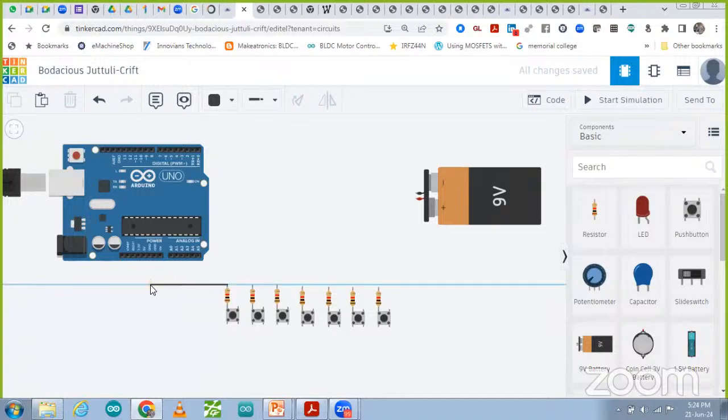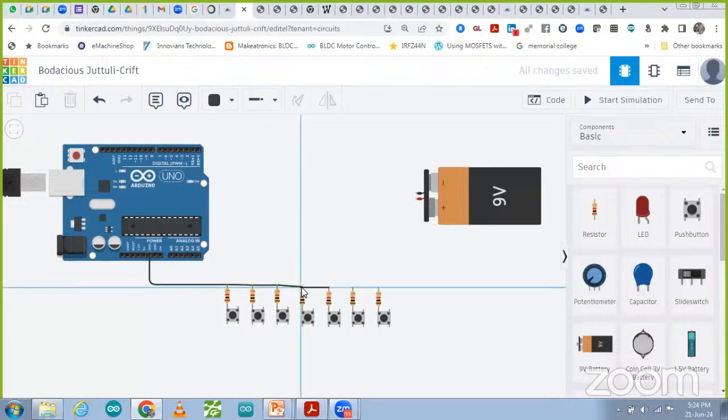So negative के साथ हम connect करेंगे, ये हमने connect कर दिया है। Then after that all these are connected with the negative. सबको नेगेटिव से हमने कनेक्ट कर दिया है। So all these are connected with negative like this. So सभी नेगेटिव से हमने कनेक्ट कर दिया।